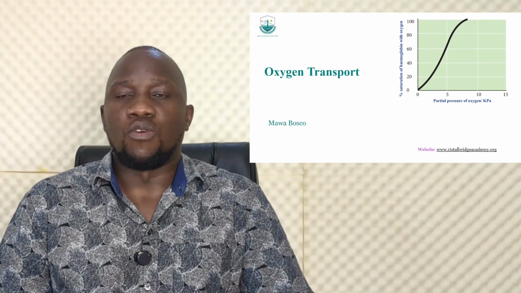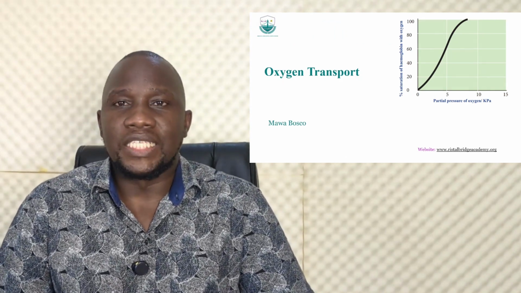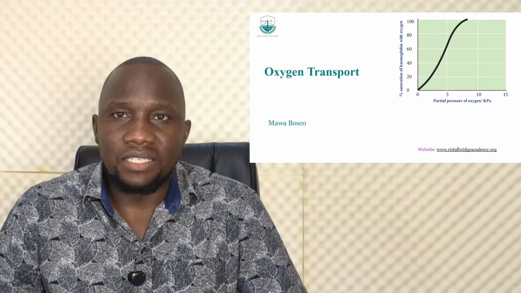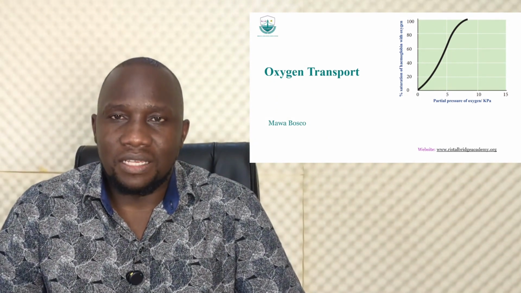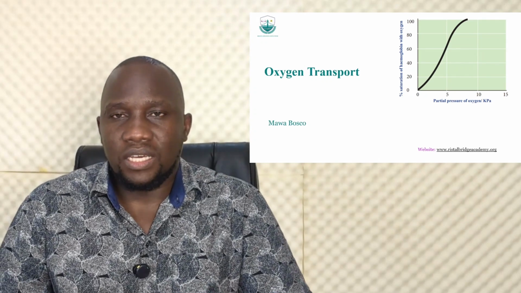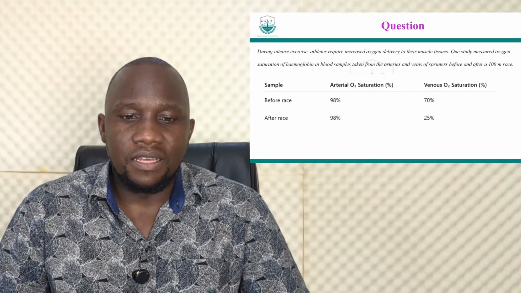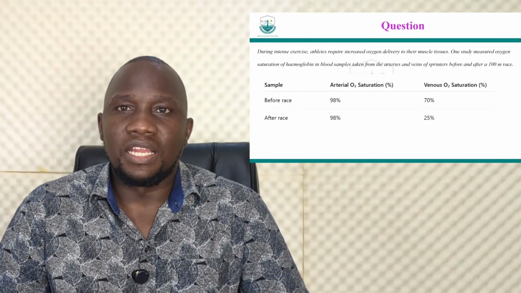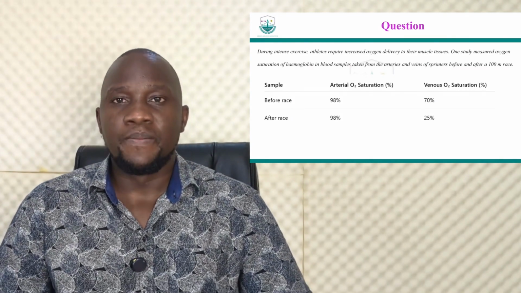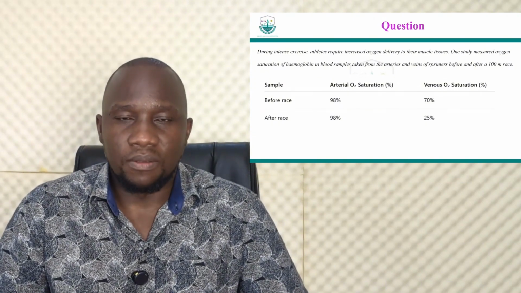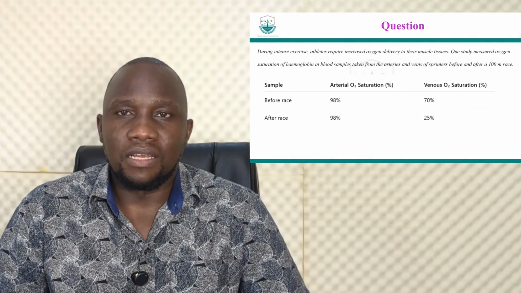Let us look at the transport of oxygen. We have already seen that oxygen is carried by the red blood cells. So we want to see how exactly this happens, and we start with this scenario. We have a table illustrating the extent to which blood is saturated with oxygen, and this is happening